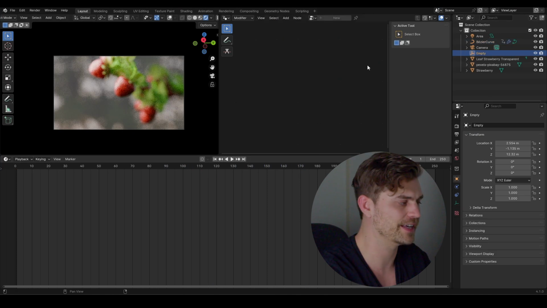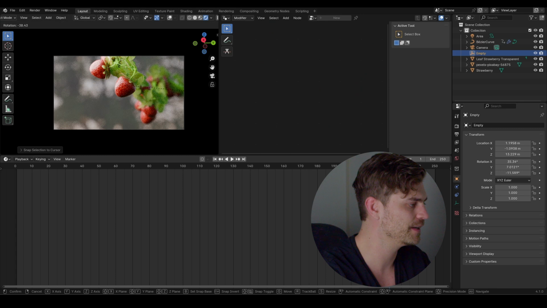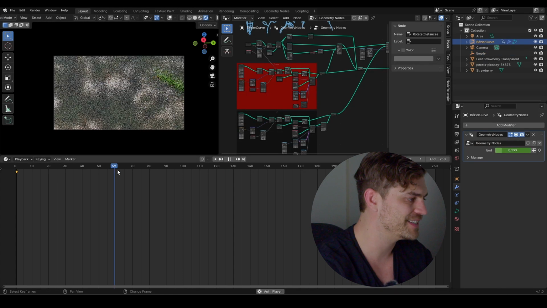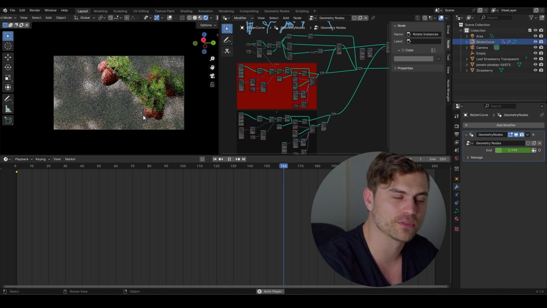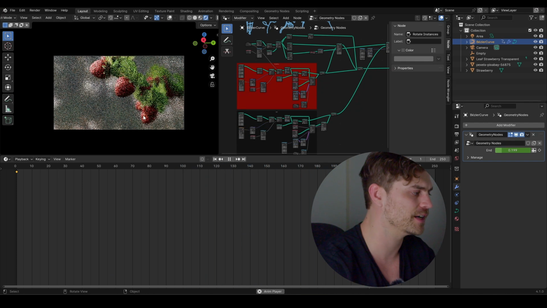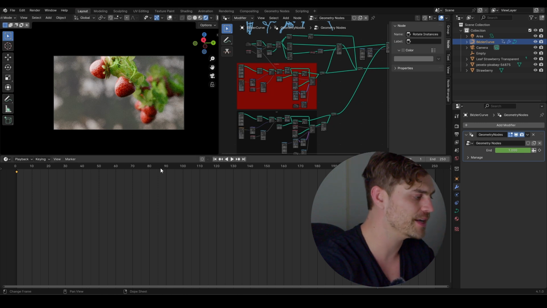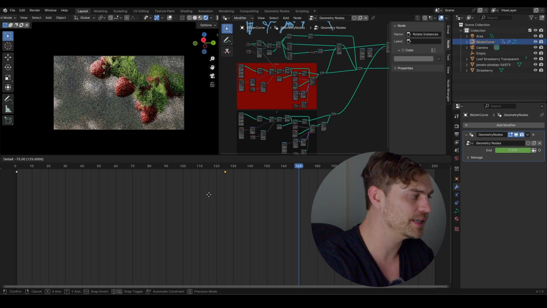Of course, we have to take the empty selection to cursor, make sure everything is aligned. And we can rotate all of this and make sure that it looks good. But this is basically the way that we make this animation. I'm not going to fumble around with this too much during this tutorial because I don't want to waste your guys' time. I'm going to play around with it in the end, but this is the way it works. So you make the curve and then you make the animation and just time it using these keyframes right over